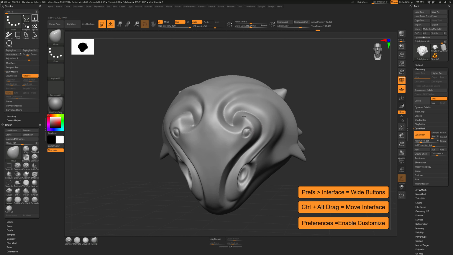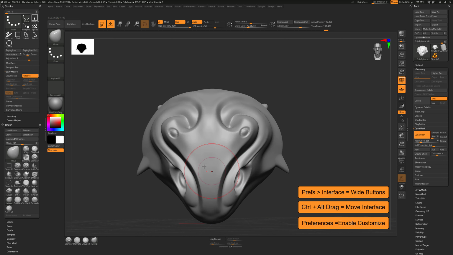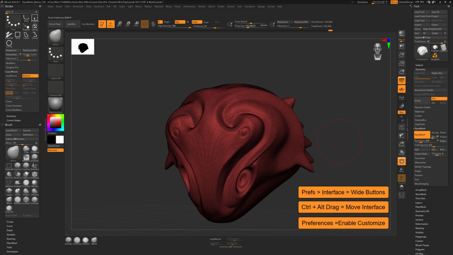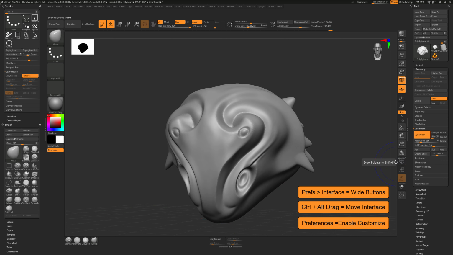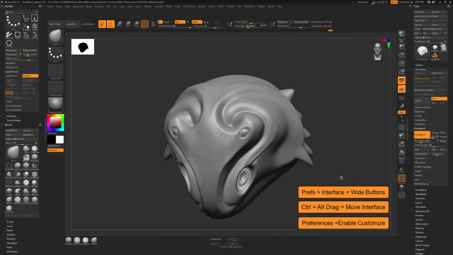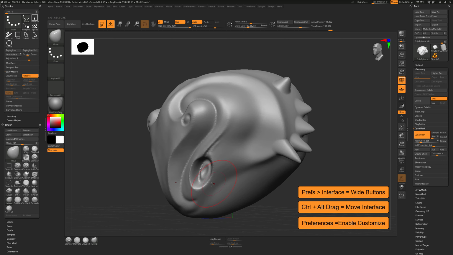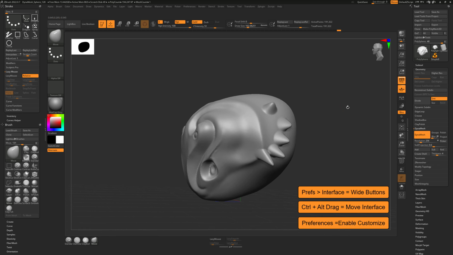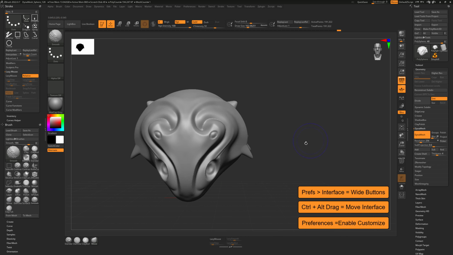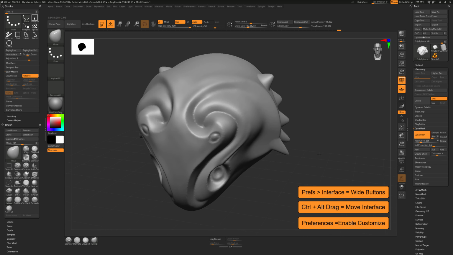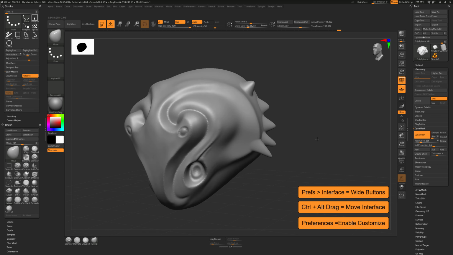So I'm just dropping down the size of this to start tweaking these shapes. This is really fun to play with the shapes, but after we push it so much, we got the polyframe on there. Remember Shift F for that. And if we want to remesh, Control drag. I just usually do it twice, just to make sure if there's a mask on there, we can release the mask. And yeah, so this move brush is going to be really good for doing these large proportional type of